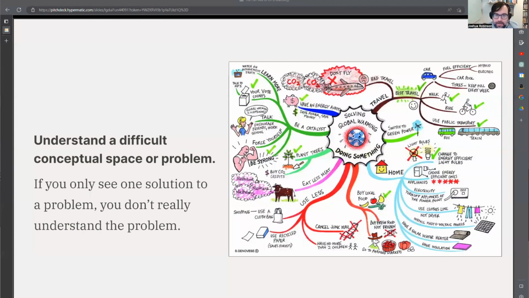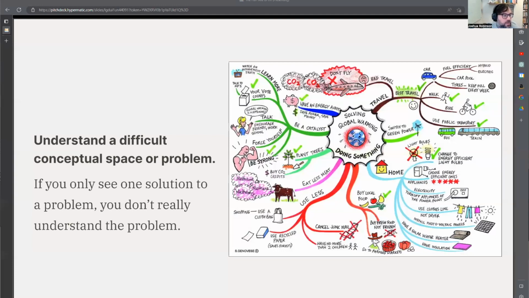That embodied designing, not only with your mind, but designing with your body as well. Embodied thinking, I think, is the term, right? You're thinking with your whole self, not just the brain, not just the computer. You're thinking with your entire body, the muscles, the feedback that you get from the pressure of the paint on the canvas or the pen on the paper. There's something fun about that. So we can explore conceptual spaces or problems that are difficult.